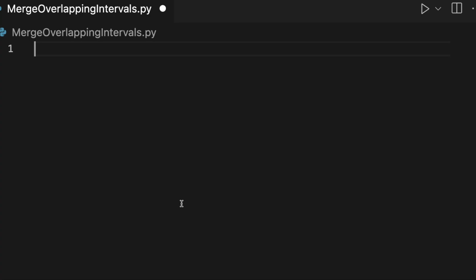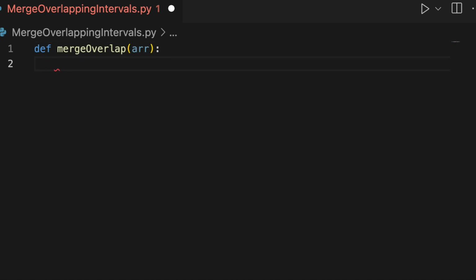All right, so now let's implement the solution that we just discussed. First of all, let me declare a function and call it merge overlap, maybe like this. This will accept an input array. And now what I need to do is, as we discussed, sort this particular input array based on the starting time of each of the intervals in this input array. For doing that, I can make use of the sorted